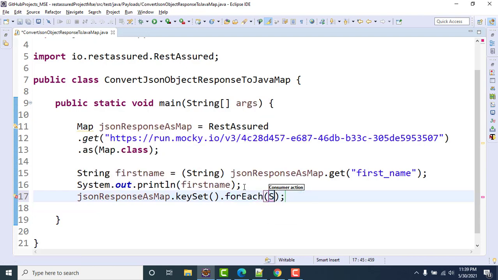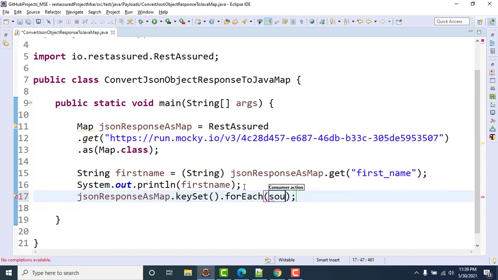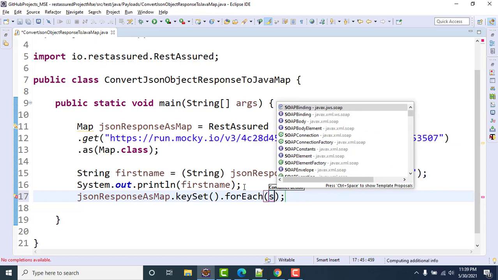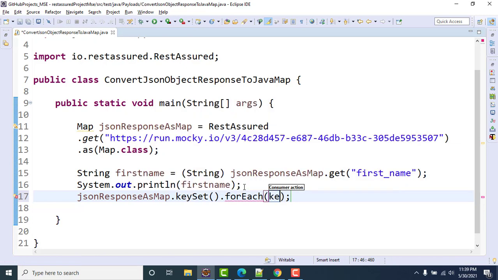So let me show you something new here. Sys out k. Like this we can print all the keys as well here.